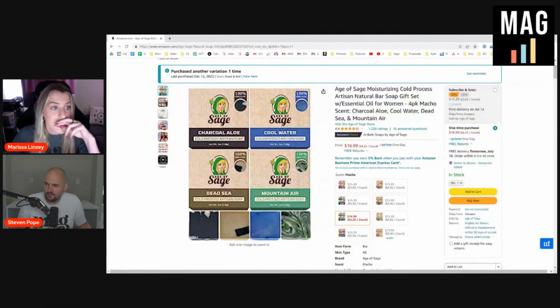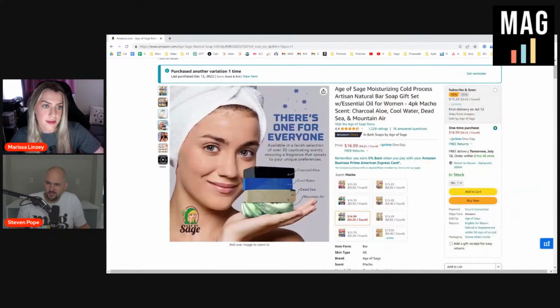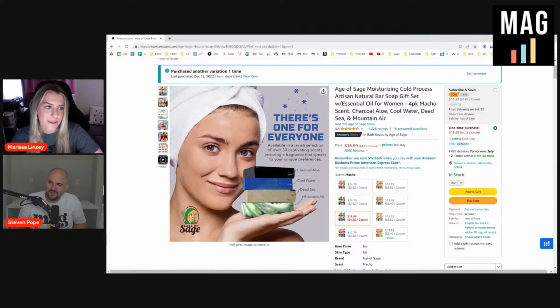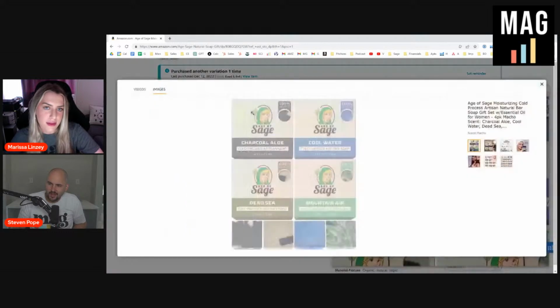So these are our soaps, and they're supposed to be 20% off right now, but they're actually not, because we had to undo some Prime exclusive discounts because of the bugs that were hitting us. So that's very common to happen every year. We do have some new images. We ran some pig food tests to see which models to replace. I did a big video about this last week where I had a photo of a dude's armpit and everybody hated that image. And it was super obvious once I saw the data, but for a year, we just had it sitting there. Now we got these nice new models, and my branding on my products,